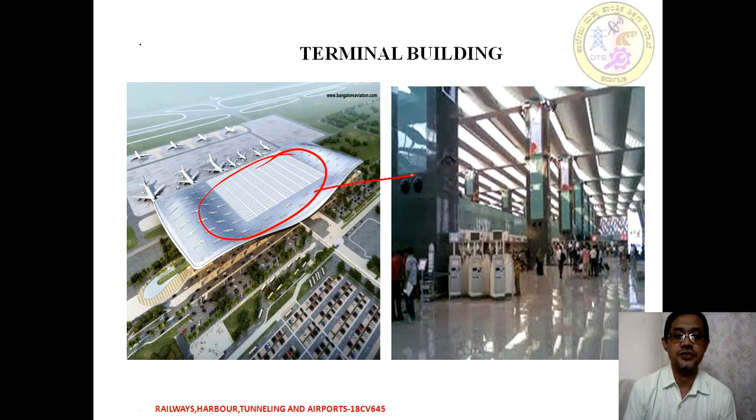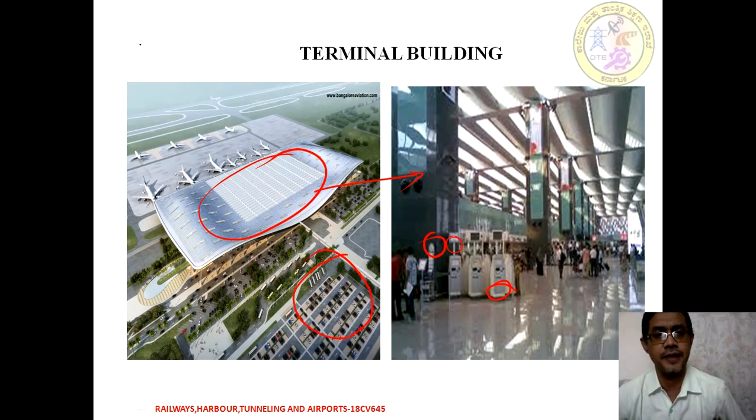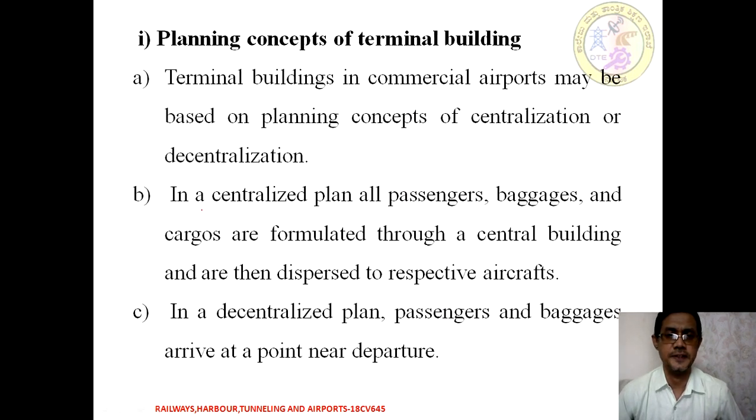Inside it we are going to have facilities: lounges, security check-in, automatic ticket counters, baggage centers, and security checks. All these facilities are going to be inside the terminal building. Apart from that, we are additionally going to have the parking lot. That is what we provide in any type of airport. The size depends upon the capacity or the type of airport. That is the major thing.